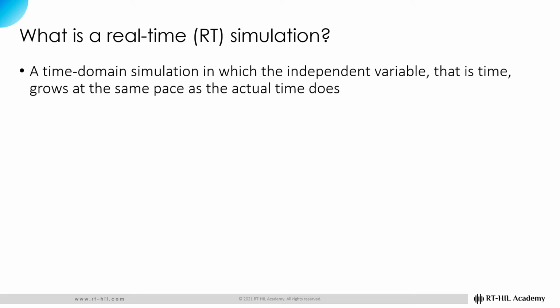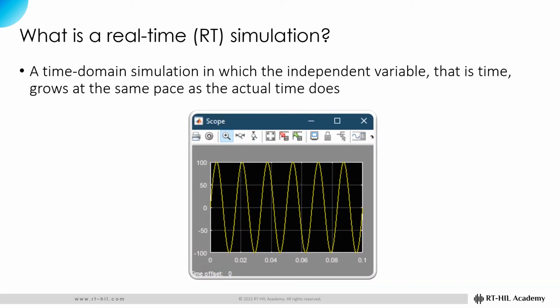Let me show you an example. As you might remember, this figure shows the current flowing through our good old resistor that was simulated in MATLAB Simulink. As the figure shows, the simulation has lasted for 0.1 second or 100 milliseconds. Now, let's have a look at the actual time on the computer when this simulation was running. The actual time on the computer when the simulation started was 8:20 second, and when the simulation finished was 8:20 second. So, it took precisely 0.1 second for the computer to perform 0.1 second of simulation. Therefore, the simulation was real-time.